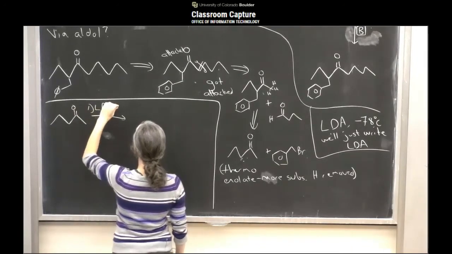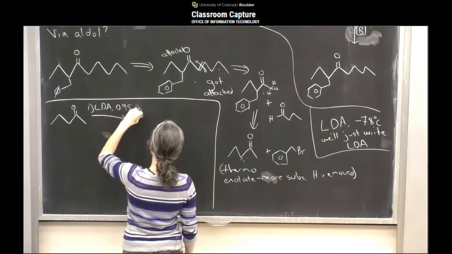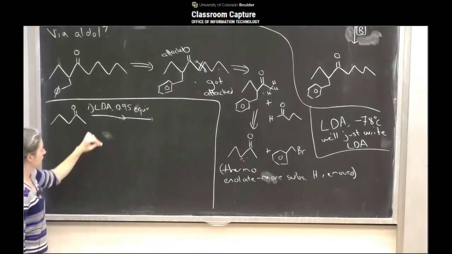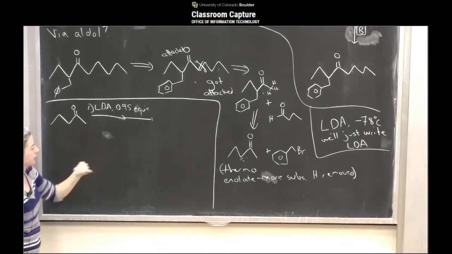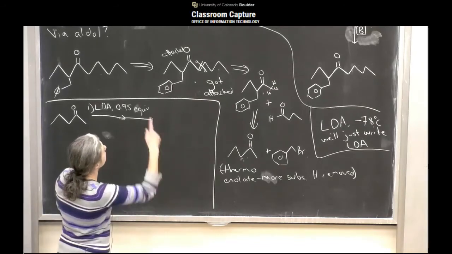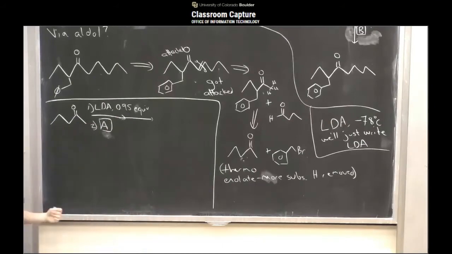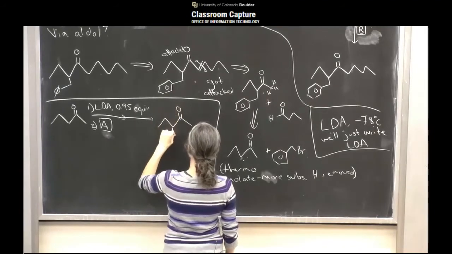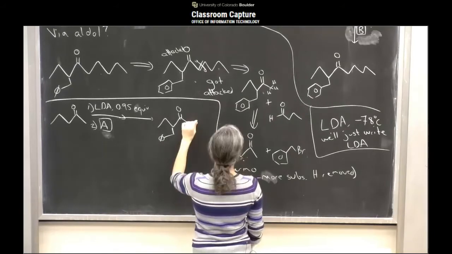So first LDA, 0.95 equivs, or slightly less than 1 equivalent. And then that's going to make the thermodynamic enolate here. And then we can bring in the alkyl halide, which I guess I showed up there as A. So let's reuse that. Stick the alkyl group on there. So like that. And now